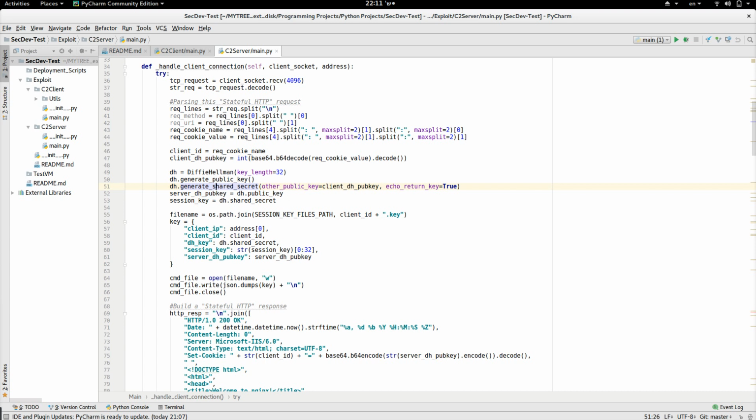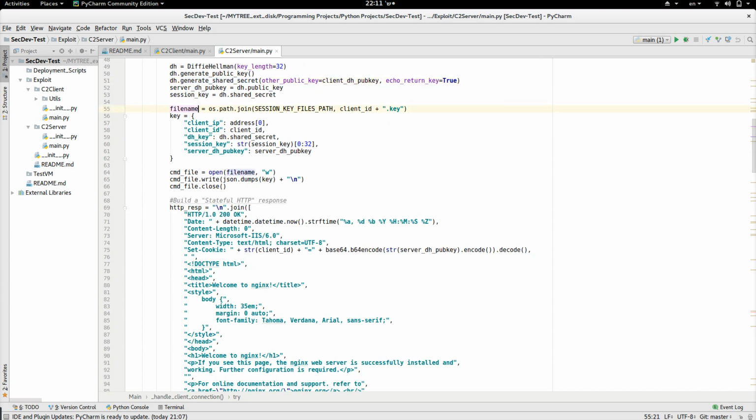That public key will be used later to send it to the client. I'll show it in a minute. And the client-side public key is being used by this method to generate the AES key on the server side,